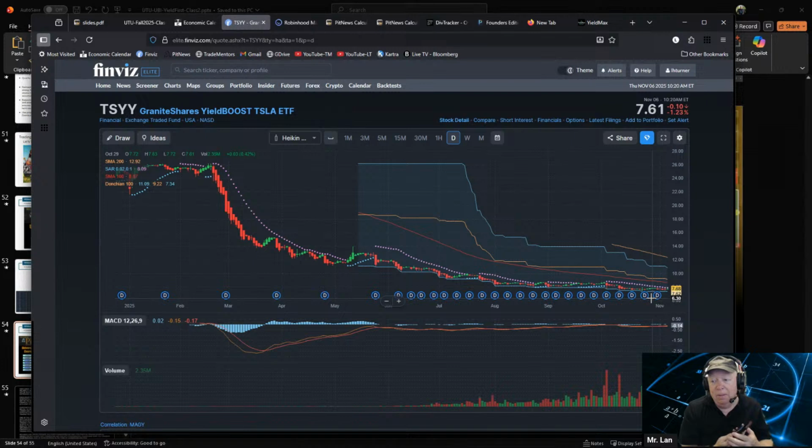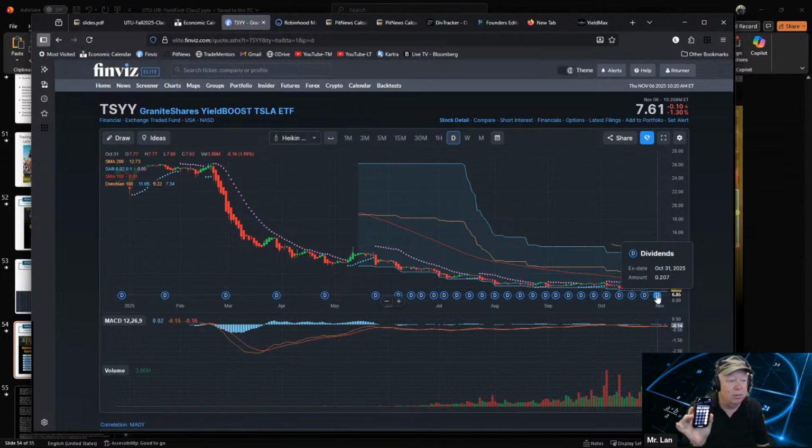And then remember that they give you this amount of money for every share you own every week. So they're giving you 20 cents. Last time they gave you 20 cents. So you go times 0.20, the number of shares. So that'd give me $260 on my $10,000 every week. Times that by 4 and you get your monthly income. That would be about $1,000. So on TSYY, if you put in $10,000, you're going to get about $1,000 every month. So if you needed $3,000 to live off of to be independently wealthy, you'd need to put $30,000